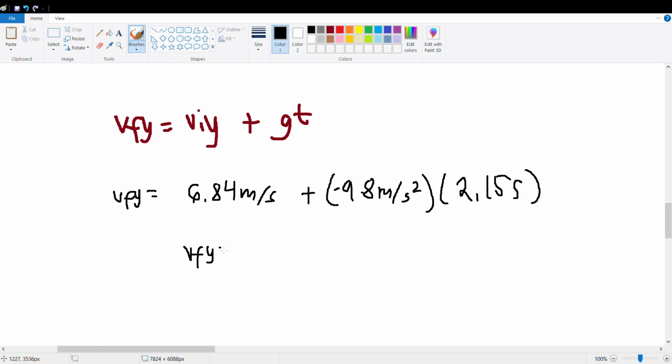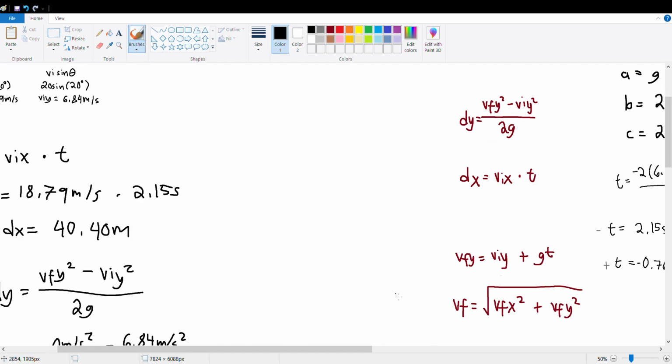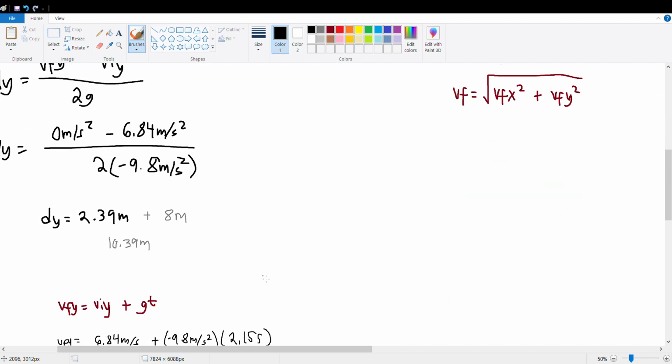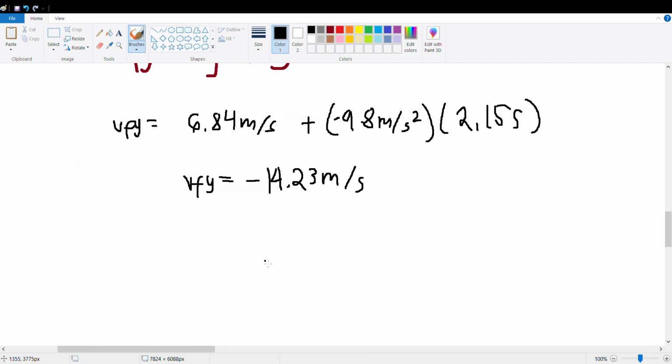So what I got is negative 14.23 meters per second. So yeah, I'm pretty sure this is the right one. I'm not entirely sure because